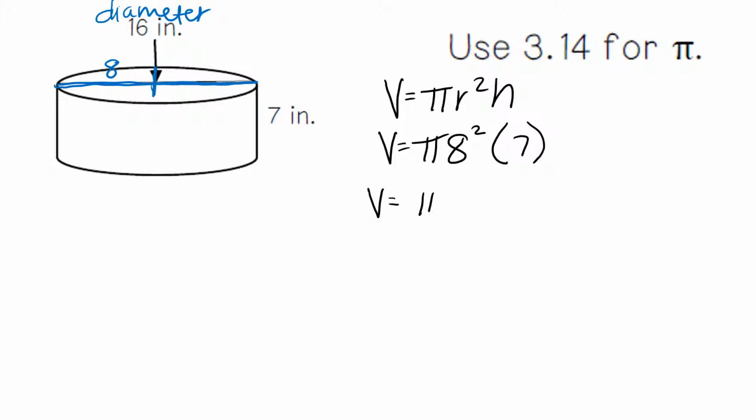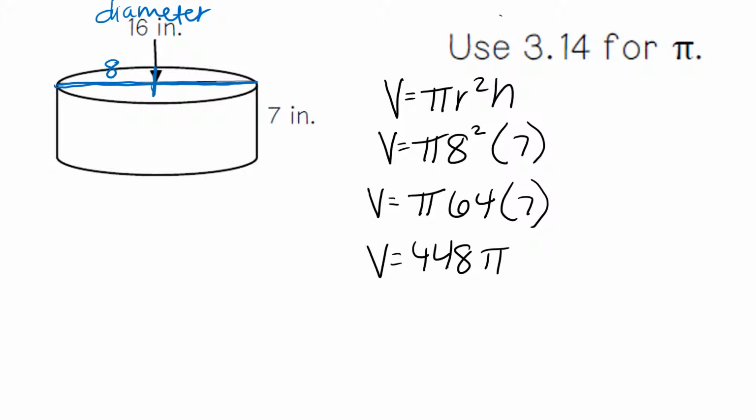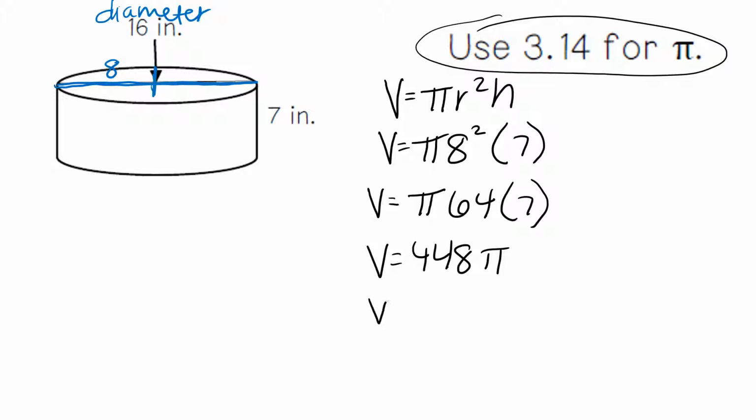We solve the 8 squared first. 8 squared is 64. 64 times the height 7 is 448. These directions say to use 3.14 for pi. So we're going to do 448 times 3.14. And we get the answer